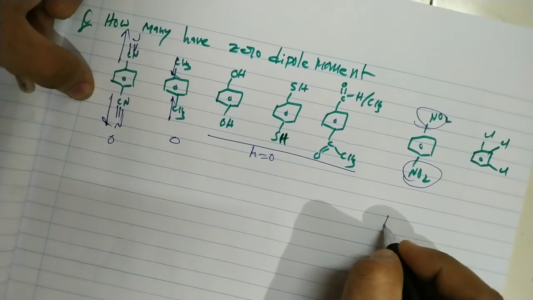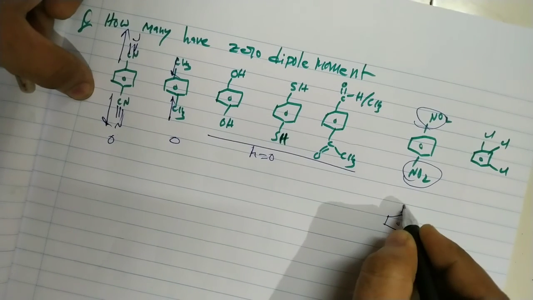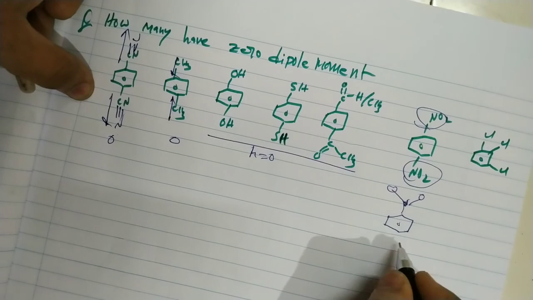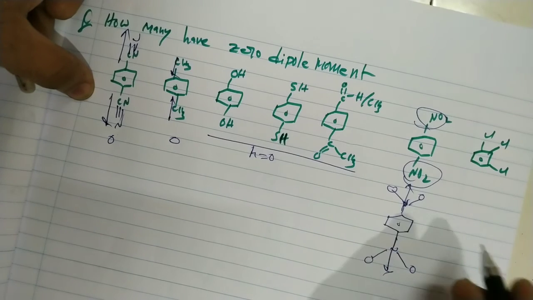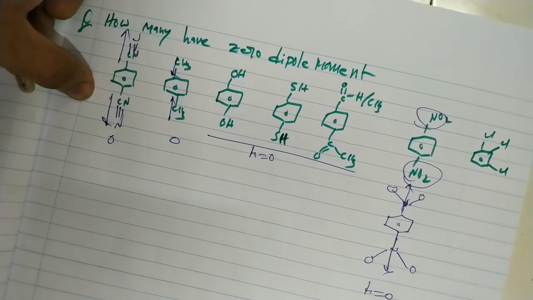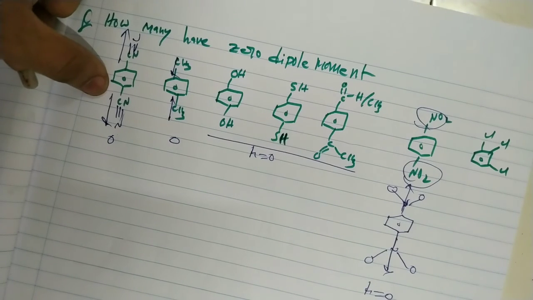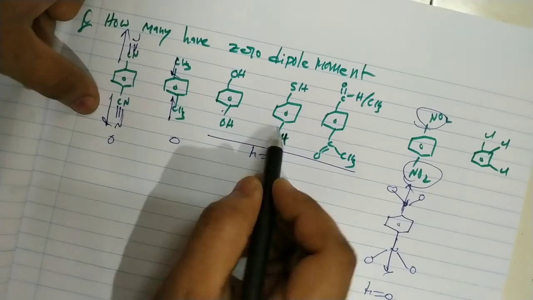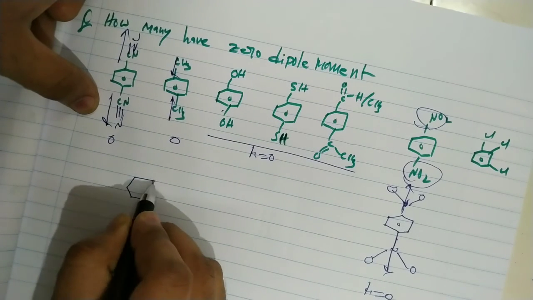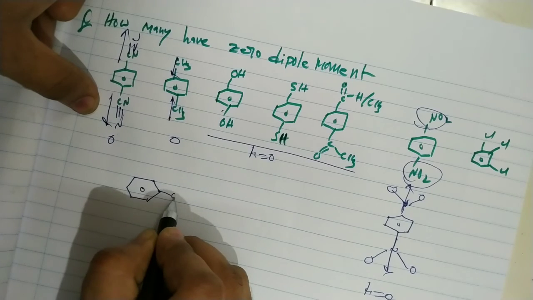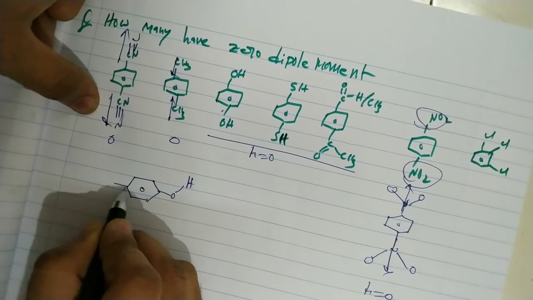So its dipole moment is 0, because in this case we have oxygen, nitrogen, oxygen. Towards the two oxygen atoms, in exactly opposite directions, the dipole moments cancel each other. But for these molecules the dipole moment is not equal to 0, because these molecules exist in two conformations like this one.